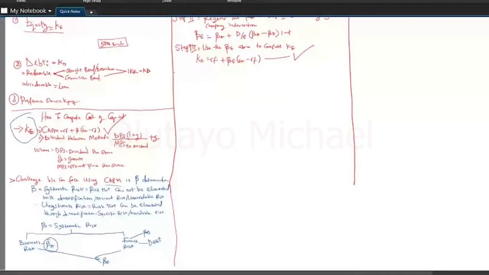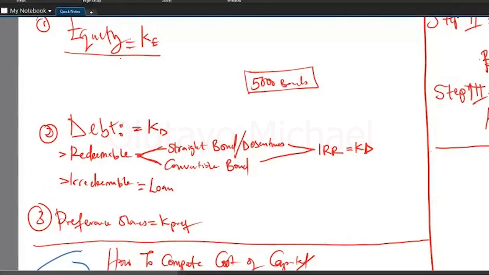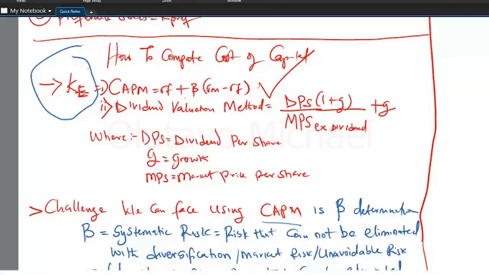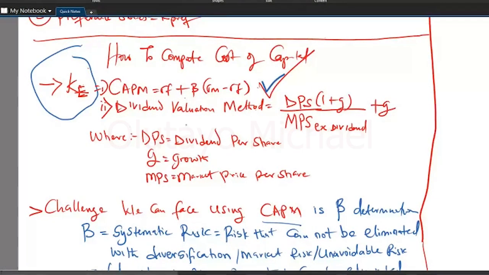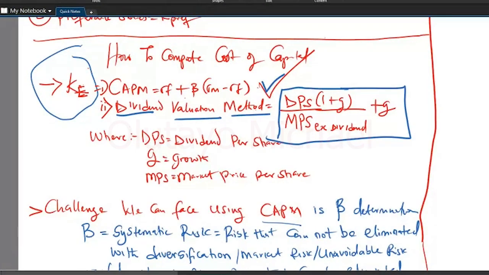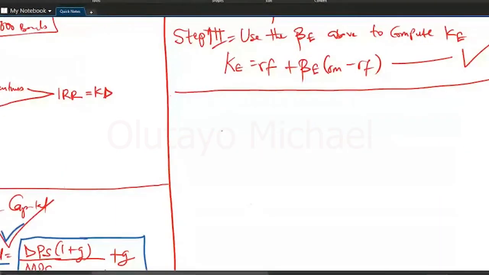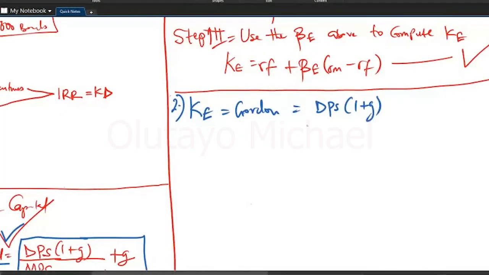Now, the next method, don't forget, I said it here, that to compute cost of equity, I can use CAPM or dividend valuation method. I can use CAPM. I've explained CAPM now. Now I want to go to dividend valuation method. You may hear it called the Gordon model, Gordon growth model, it is still the same thing. So let me say number two, to compute cost of equity using Gordon growth model, it is dividend per share into bracket 1 plus g, over